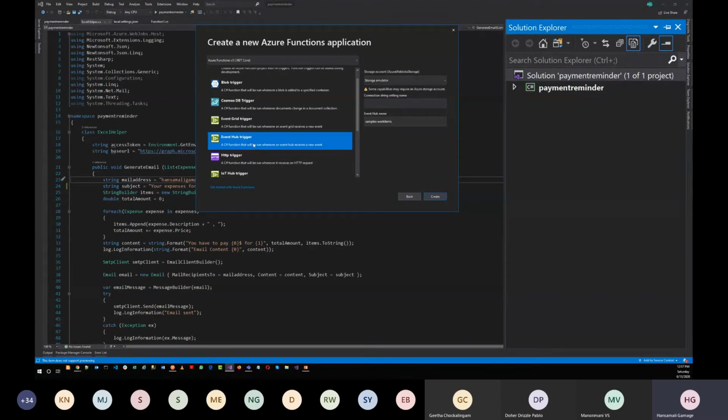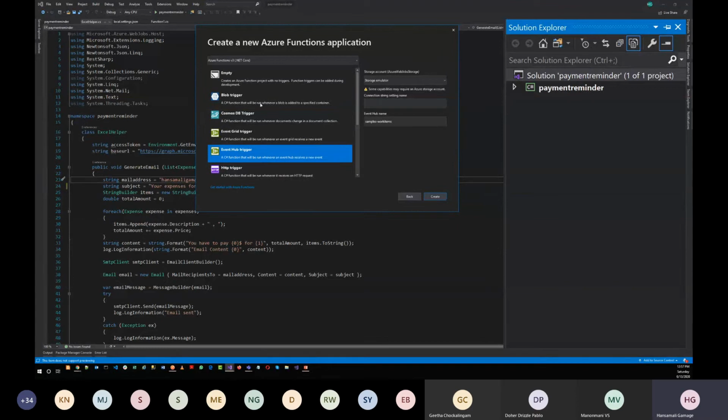You have to pay the electricity bill for this much. Likewise, I want to get a reminder. So that's a timely one. It's going to change with the time. That means I want to set it up for the end of the month. So you have to select a timer trigger for that, right?